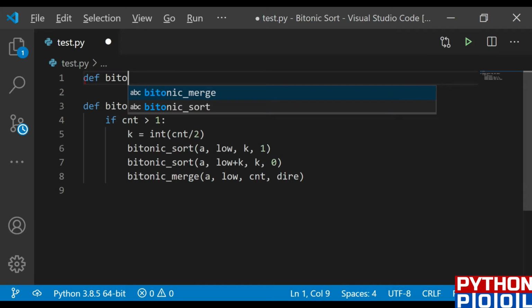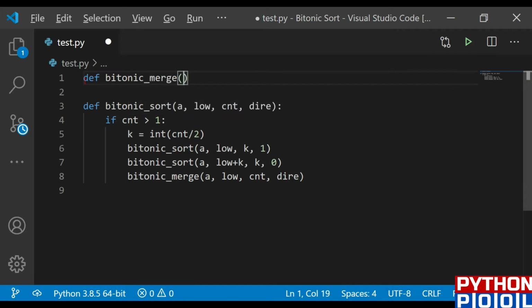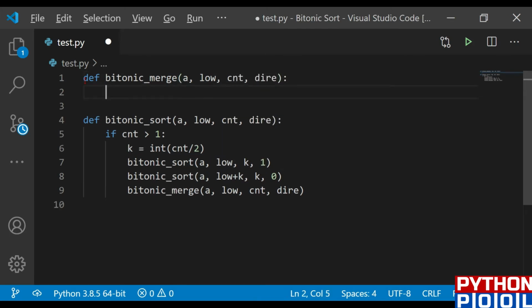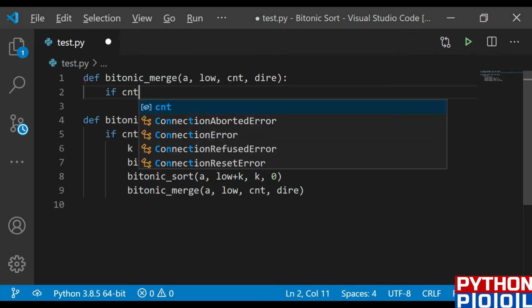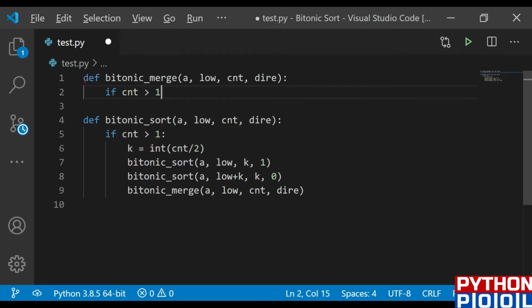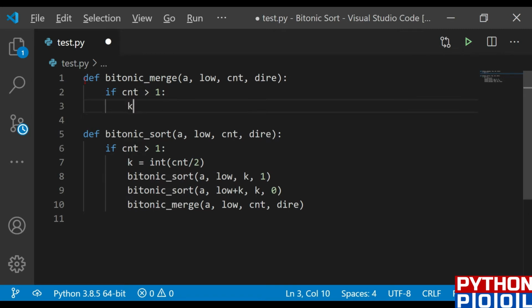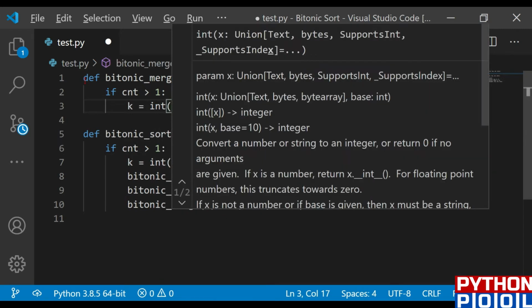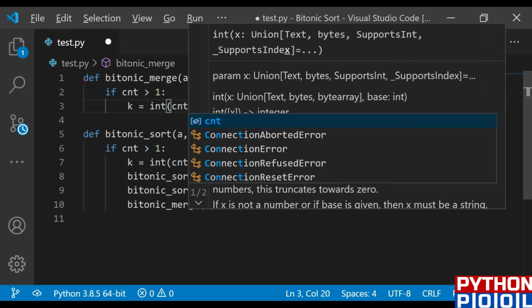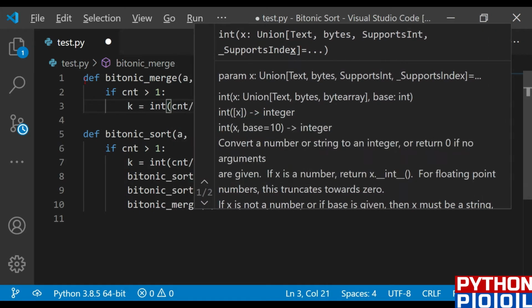Bitonic merge takes a list, low value, count value, and the direction value. After it is called, it would also check if the count is greater than 1. If the count is greater than 1, it would declare this K variable to decide the middle element, which would be count divided by 2.